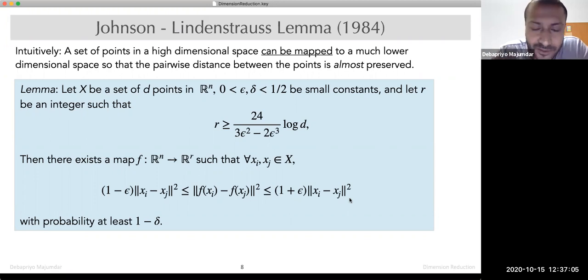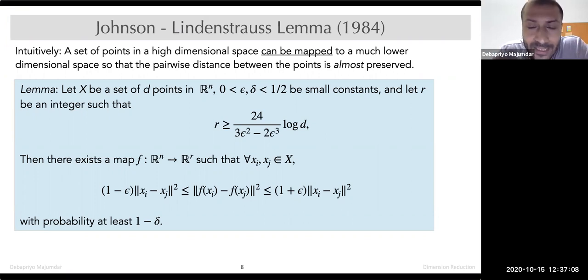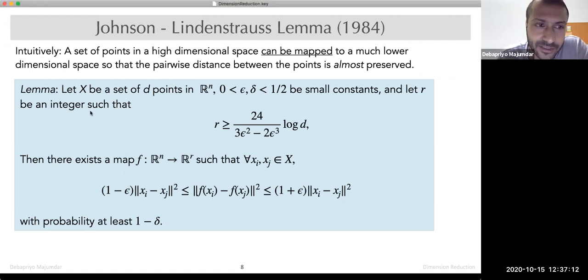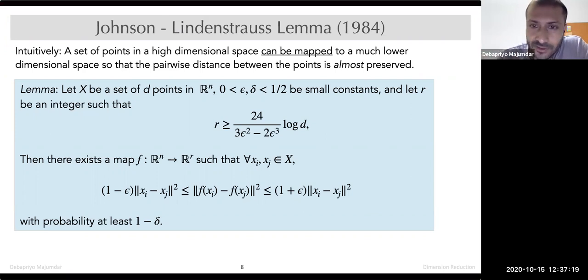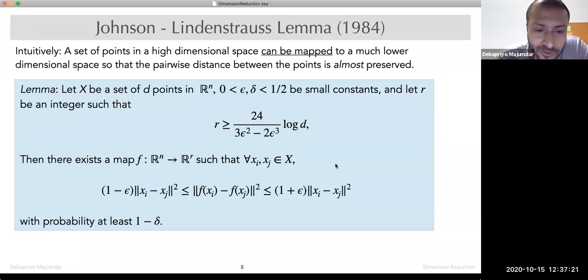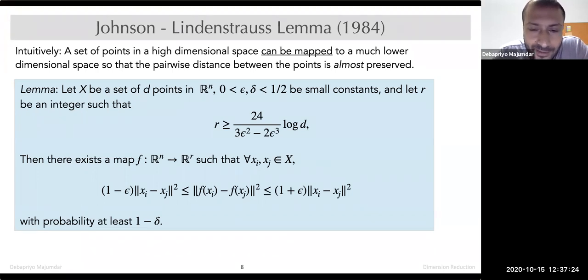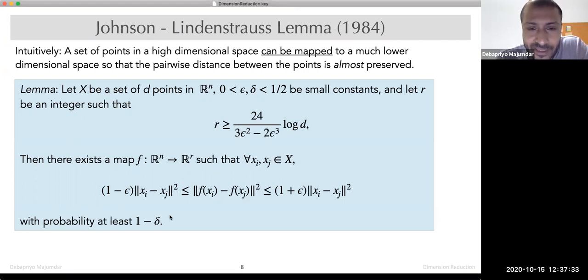Okay. So what it says is that, and this happens for any pair. So it's a global assertion for all pairwise distances of your data set. Okay. So yeah, with high probability, of course, which means that if the probability is, let's say, 90%, if delta is also 0.1, then for 90% of the points, you're going to get this. So that's the essential idea.